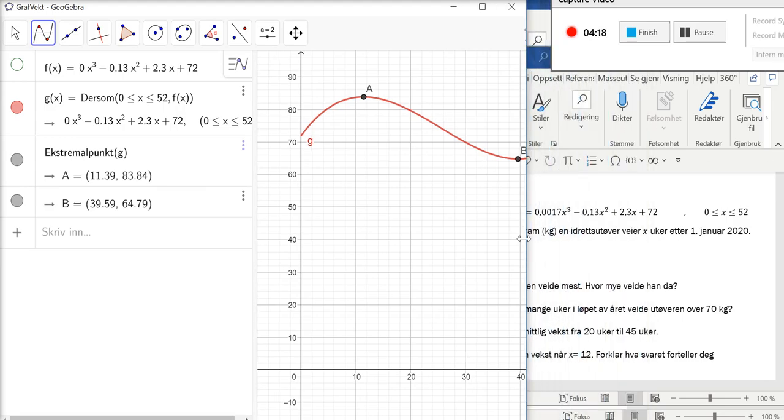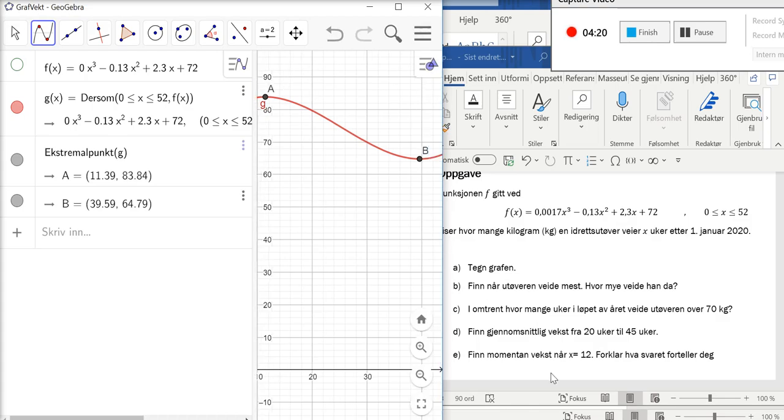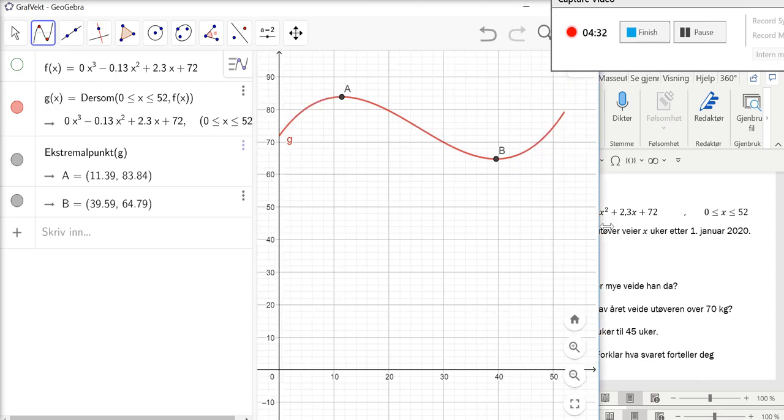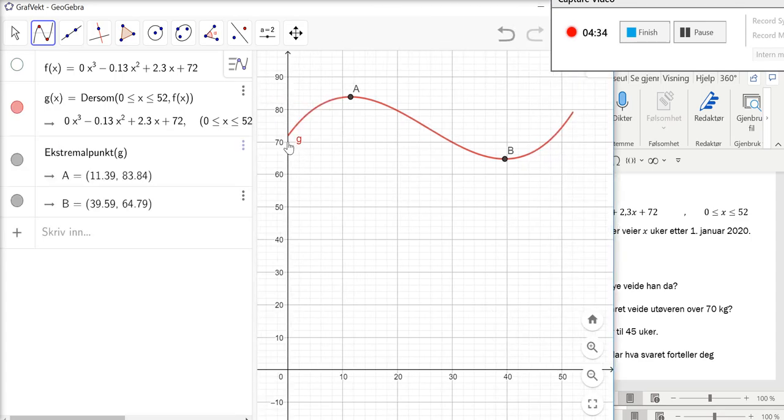And then it says on exercise C here, for approximately how many weeks during this year does he have a weight which is above 70 kilograms. So for how many weeks does he weigh more than 70 kilograms? And we see that he weighs more than 70 kilograms all the way up to approximately 30 weeks. Then he weighs less than 70 kilograms, and then after approximately 46 or 47 weeks, he weighs more than 70 kilograms